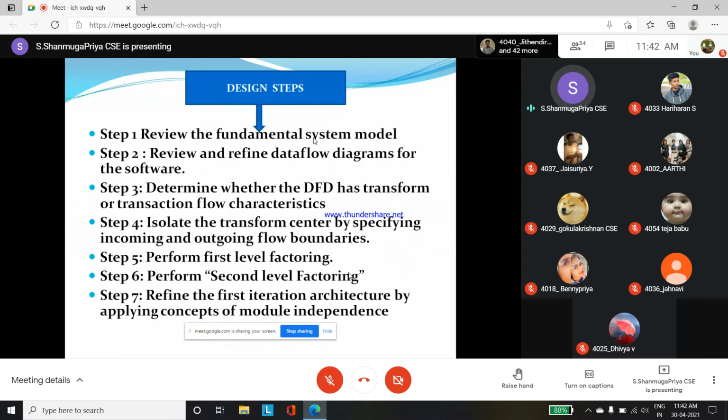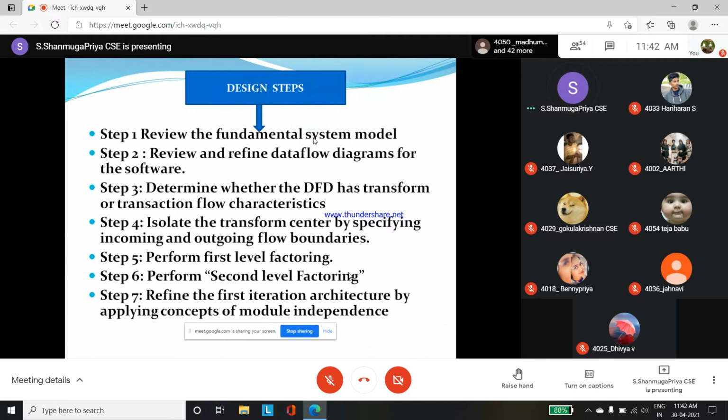Second step, from the DFD diagram. DFD diagrams can be used from level 0 up to level n. In step 1 we first design level 0 and level 1. In step 2, we redefine the data flow diagram. Redefining means we have to go in depth, so the second step is to go for level 3 and level 4.